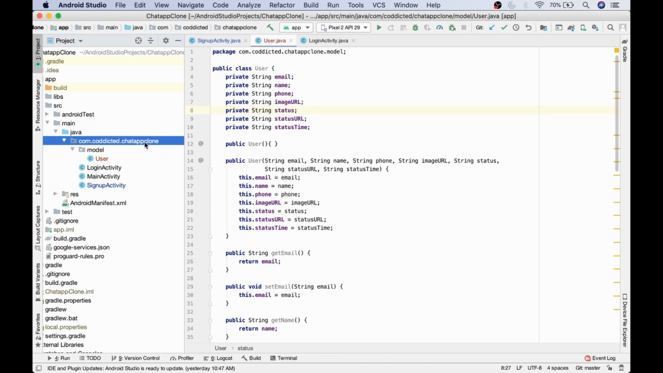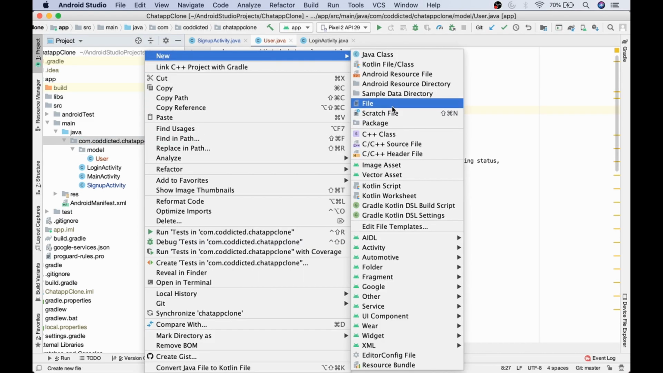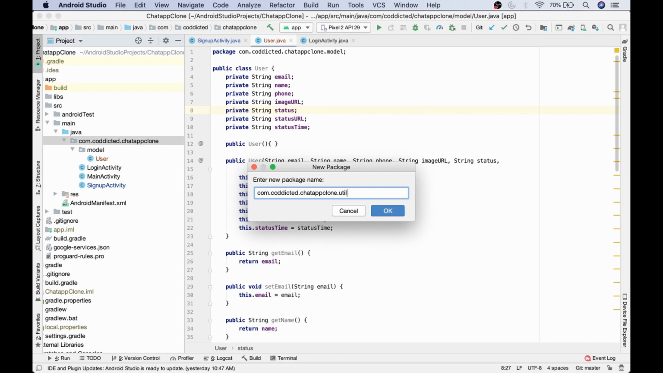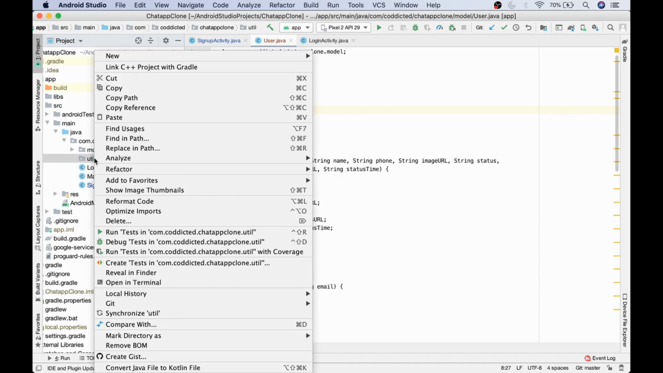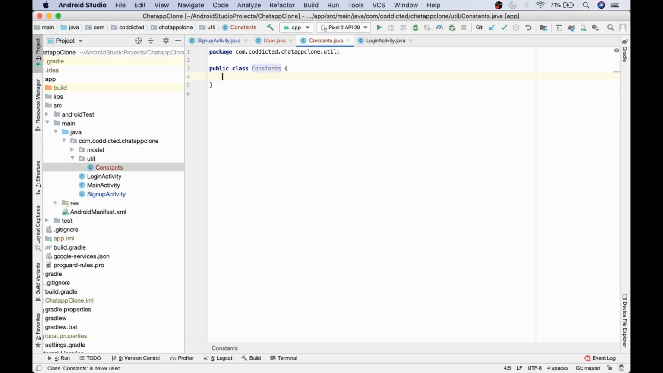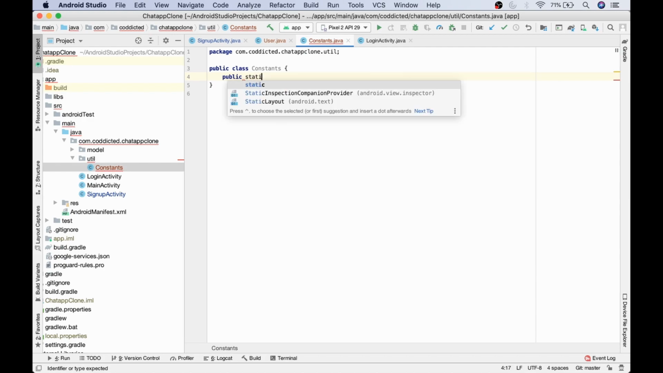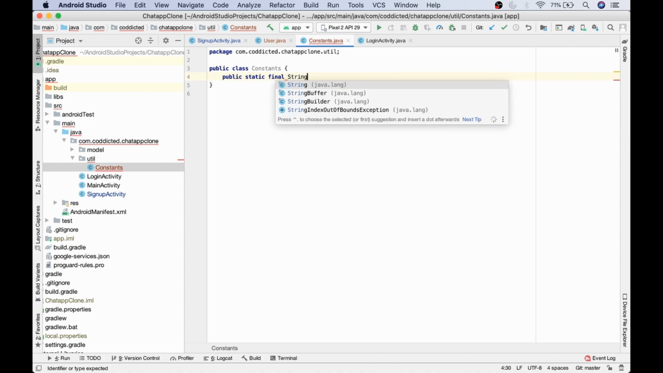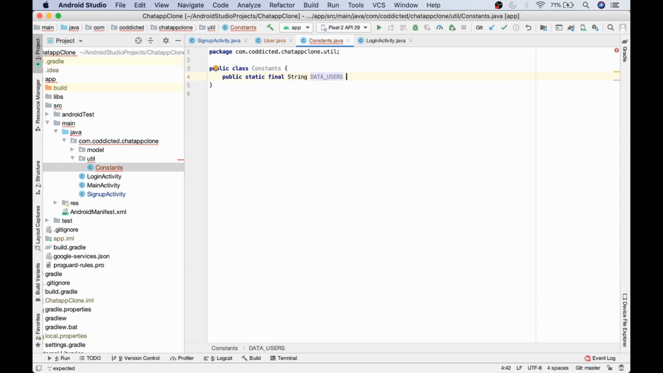Now within our chat app clone package, let's create one more package. Let's call it util. And within the util package, we create a class called constants. So in this constants, we are going to declare some constant strings: static final string DATA_USERS equals users,